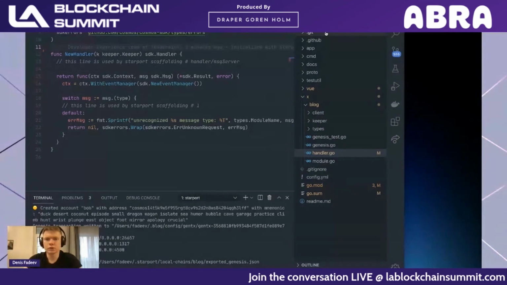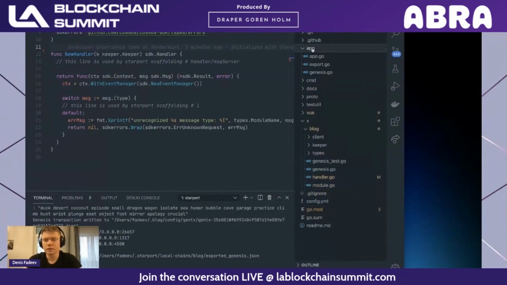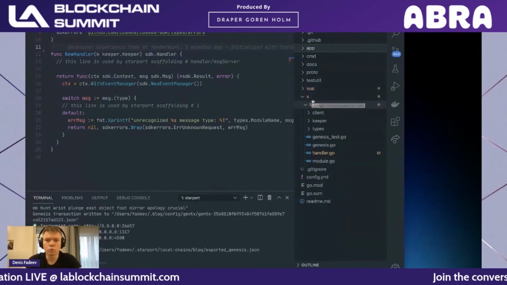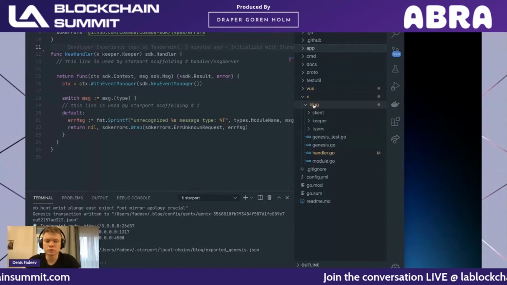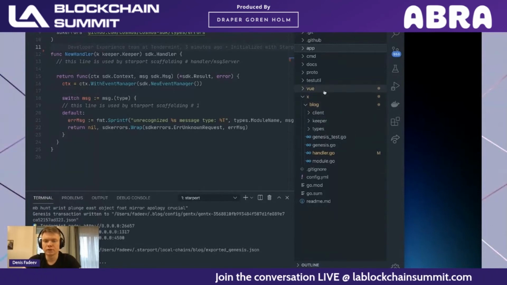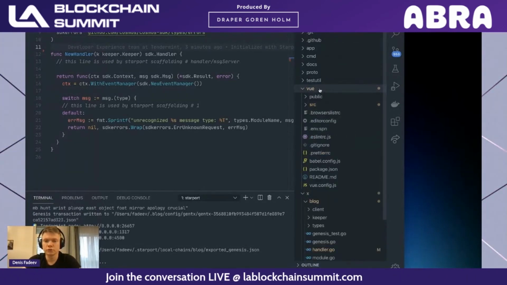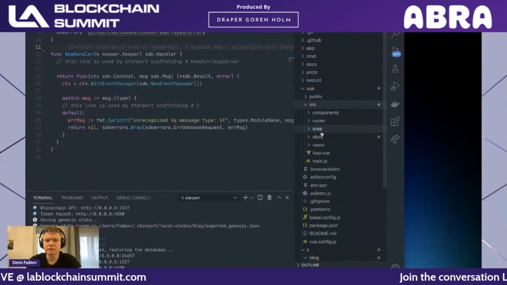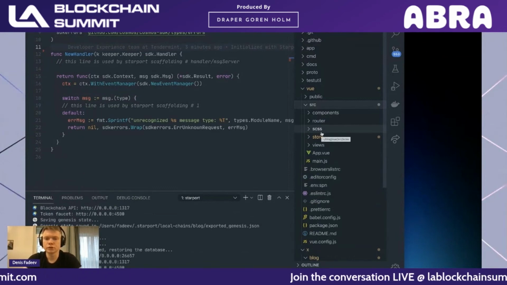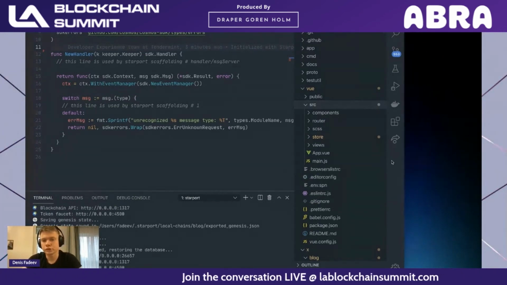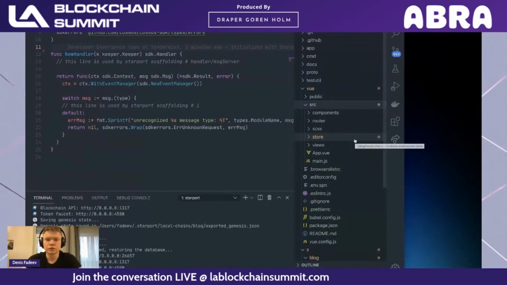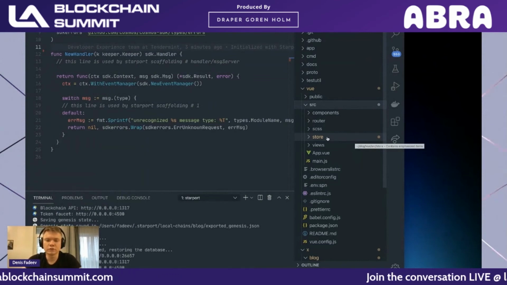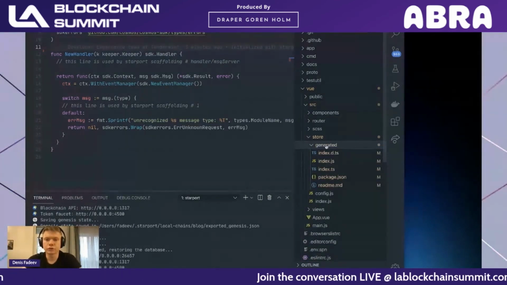So let's quickly go over what we have here. Pretty much the most important directory you want to work with is the X directory. You will scaffold modules there, but we also have a view directory which contains the view template. And the view template is basically the foundation on top of which you will build your own application. Of course, you can skip that if you're using another framework or if you already are building something. But what you definitely want to check out is the generated